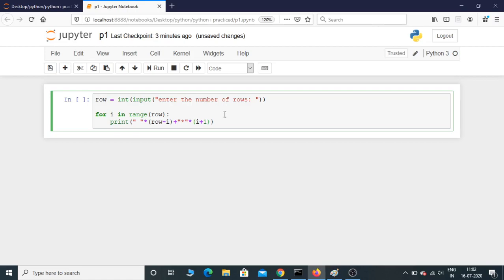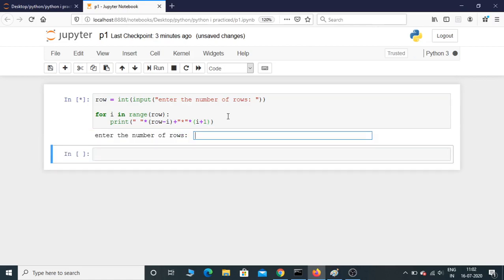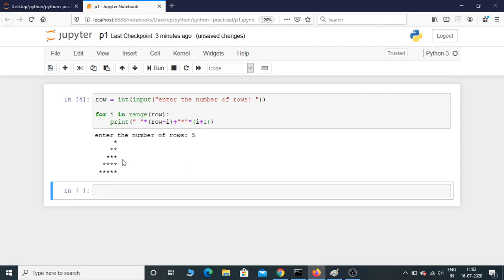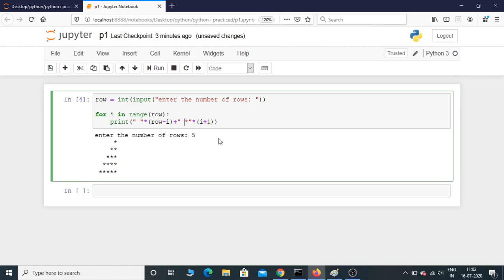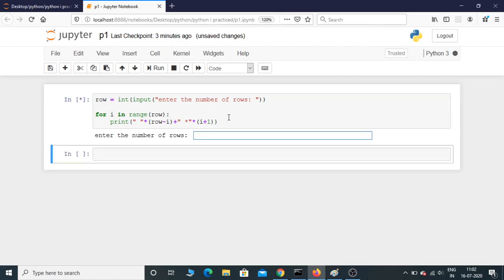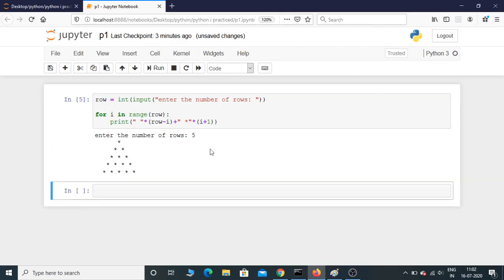If you just print like this, the pattern will be different. It will not be in triangle shape. Let's see why. Okay, I'm gonna give 5. See here, it is printing, there is no space in between these 2 stars and these 3 and these 4 stars. So to get space in between, we need to give space over here. Okay, just give space over there, and then let's run again. 5. There you go. This is how you print triangle shaped pattern using Python.